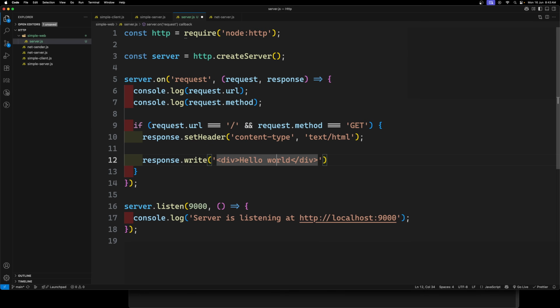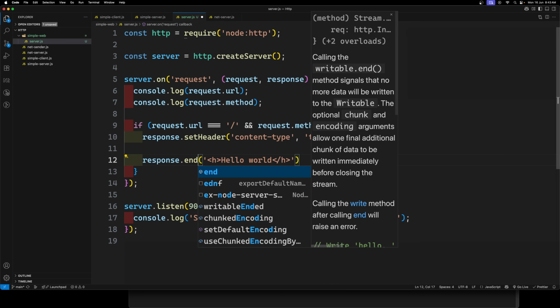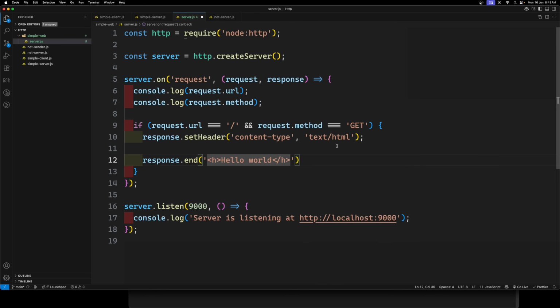So you can do it like this, and you can send it as an h1, or otherwise you can say response.end. It's because this one is a stream, so this is one way. Now if I try to restart the server,